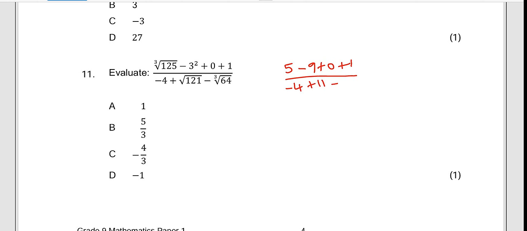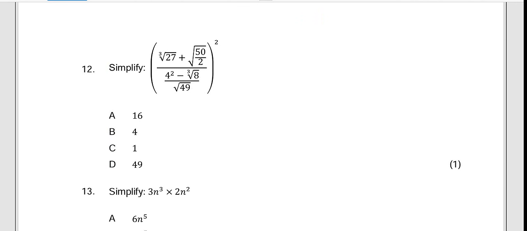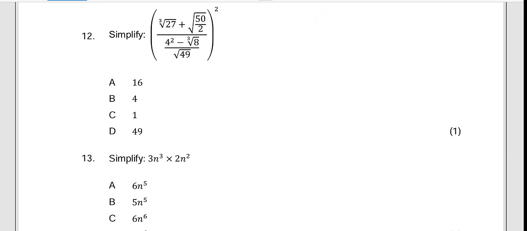Minus the cube root of 64, which is going to give me minus 4. And then 5 minus 9 plus 0 plus 1 will give me negative 3. And then minus 4 plus 11 minus 4 is going to give me 3. And then the answer is negative 1. The correct option is D. With this question, guys, you can simply use your calculator to get the correct answer